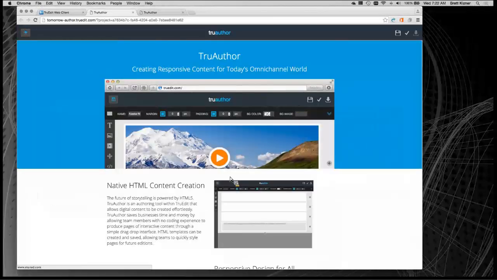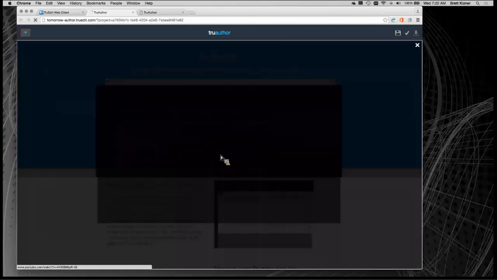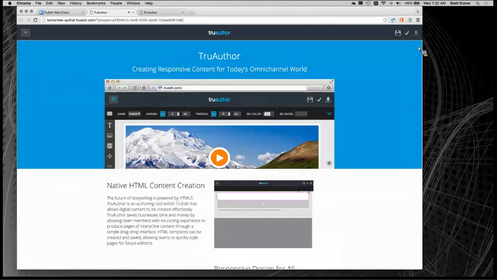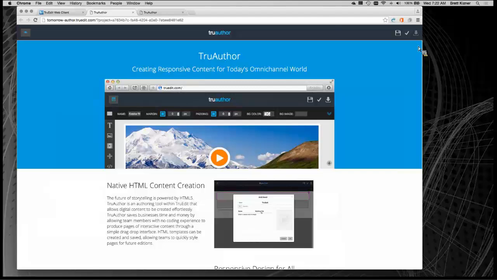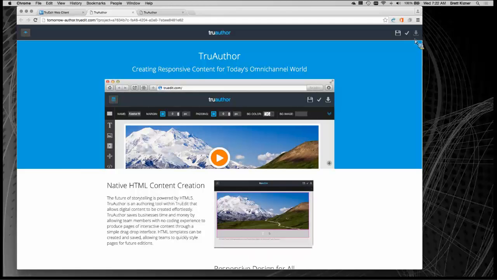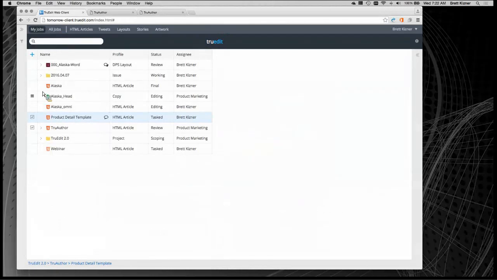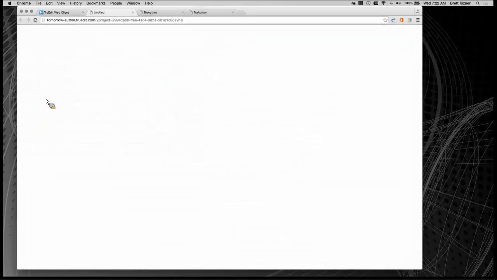Ultimately, though, we expect to add into this ability to connect to other platforms, whether it's a digital asset management system like Elvis or AEM Assets, or something like the Creative Cloud. That way you can access all of your assets within your single authoring environment. In addition to pointing to remote URLs, though, we can also source content from TruEdit directly. And I'll come in here and just search for some content that we have here. Go ahead and click OK, and you'll see that drop right in.